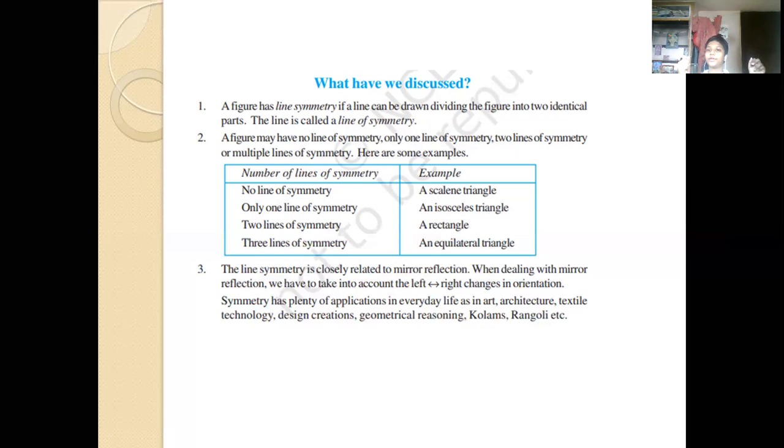And next we saw about reflection and the mirror image. And next we saw about the kaleidoscope. The kaleidoscope with three mirrors has three lines of symmetry, and it forms designs using reflections and the property of symmetry. It will be a very nice design. We also saw the pictures and we solved some examples.